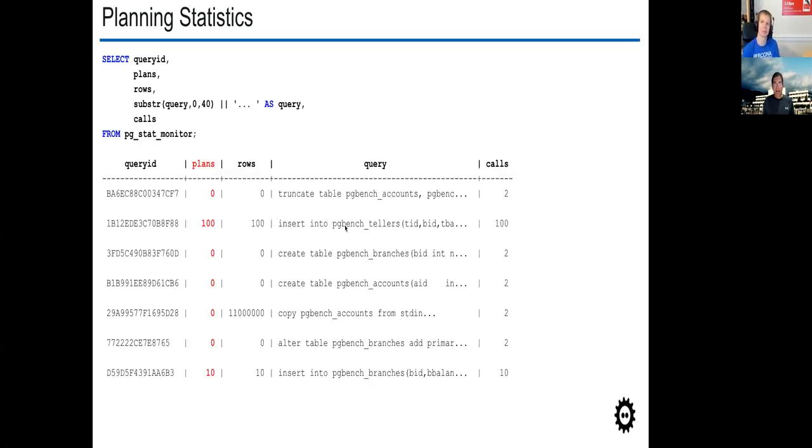So, planning statistics. pg_stat_statements provides a new feature in PostgreSQL 13, which is planning statistics. So now you can have planning statistics, and pg_stat_monitor inherits that feature. If you have PostgreSQL 13 and you have pg_stat_monitor installed on Postgres 13, then you can